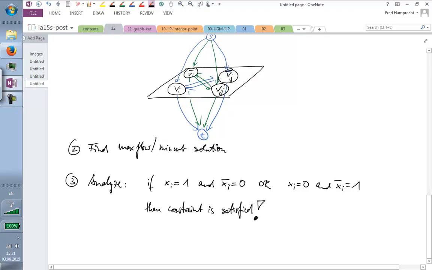By constraint, I mean the constraint that we had relaxed, that we had forgotten about, namely that xi should be 1 minus xi bar. Okay, let me write this even more vaguely. If it so happens that, because we have no guarantee at all,